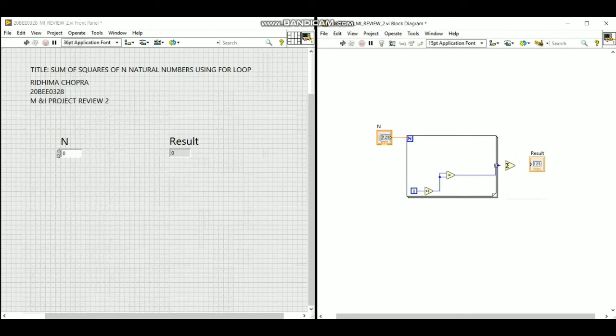Now using the wiring tool, let us connect this operator to auto index tunnel. That's done. And now let us connect it to the result, which is a numeric indicator to display the result. Now let us run the program and check if we are doing correct or not.